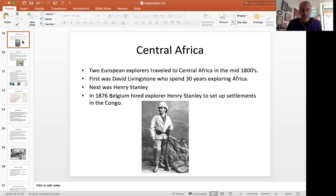But it would kill them, right? Malaria would kill them. So they couldn't get in there. It was untouched land, unexplored land by Europeans. It was very tribal. Similar to what you might think of as parts of the Amazon rainforest today. Yeah, it's true. There are parts of the Amazon rainforest that have not yet been touched by the modern world, where people live in tribes like they did thousands of years ago,